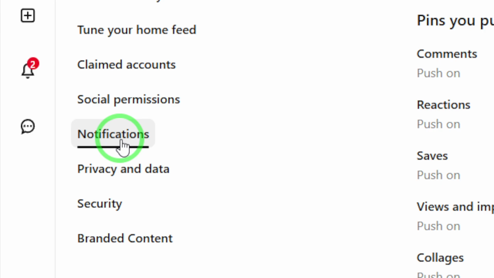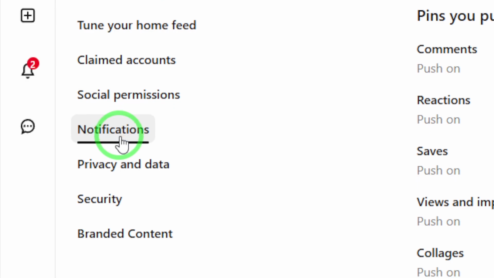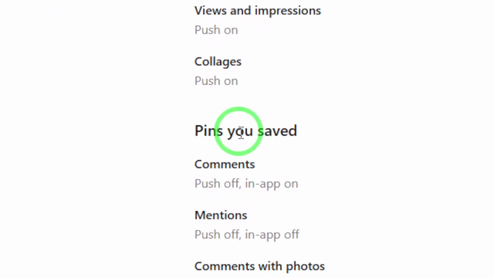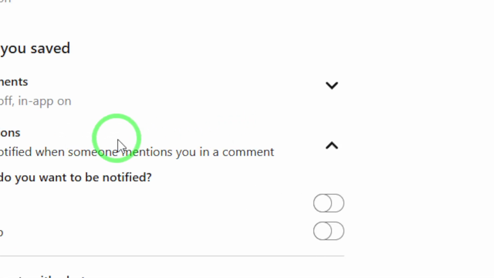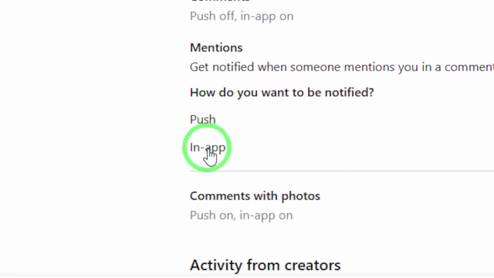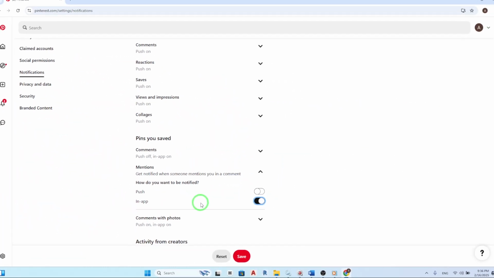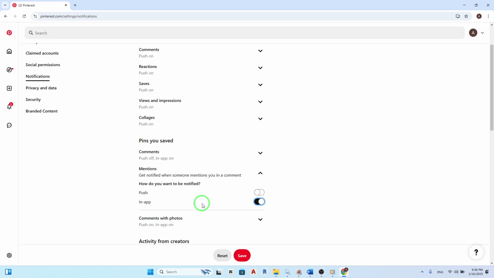Under the Notification settings, scroll down until you find the section labeled Pins You Saved. Here, you will see an option for mentions. Click on this option to proceed. You will now see an option to enable in-app notifications for mentions. Make sure to toggle this setting on so that you receive notifications directly within the app whenever someone mentions you